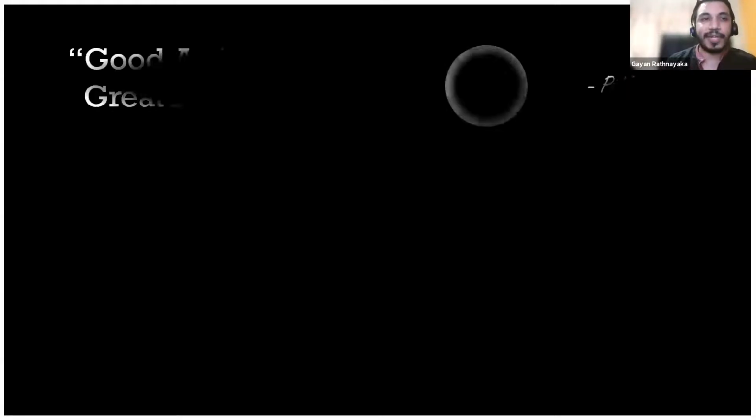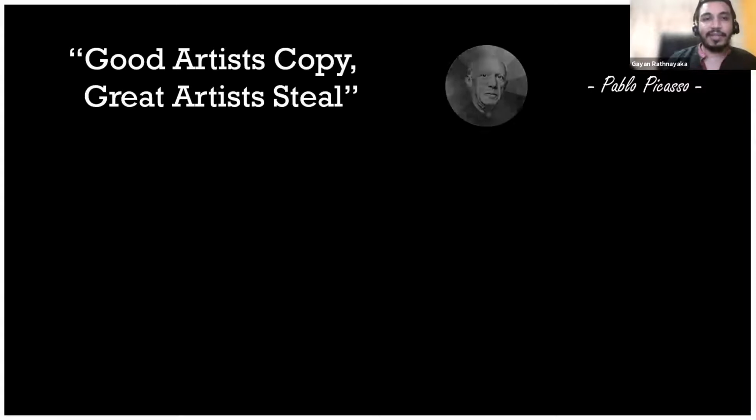So next time people tell you that developers are just copying and pasting code, here are two quotes that you can give to them. A good artist copies, a great artist steals. What does this mean? You can be a good artist, right? If you have a problem and you can find the solution, you can just copy and paste it and get the job done and be done with it. But that's not the proper way to do it. You can be like Picasso, be a great artist and steal from the other person.